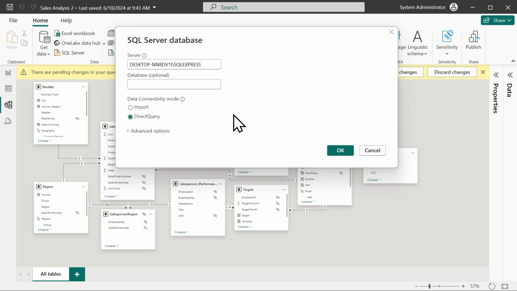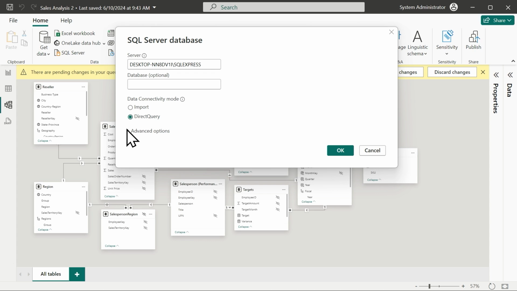And then you'll also note that if you decide to use this option, you are not necessarily going to have all the same transformation capabilities in the Power Query editor that you would normally have, simply because we don't have a copy of the data. We're using it and querying it from where it's at, in this case on the SQL Server or relational databases where it's commonly used. So I can go that route. It'll also give us near real-time capabilities, especially if our data changes on a frequent basis. So this could be a good option if we need to use it, but we have to remember the caveats.